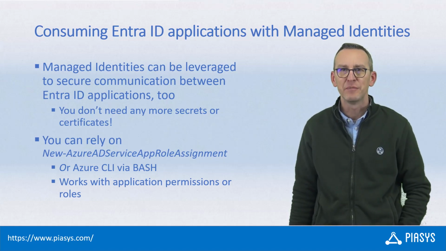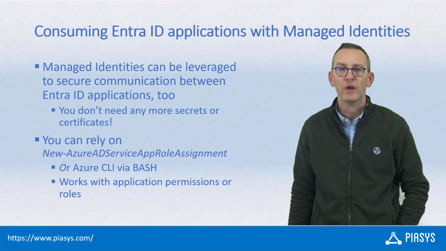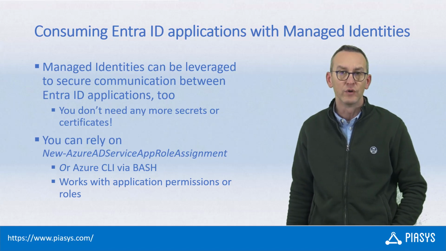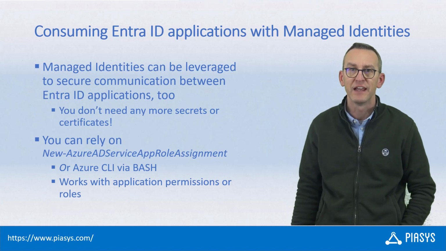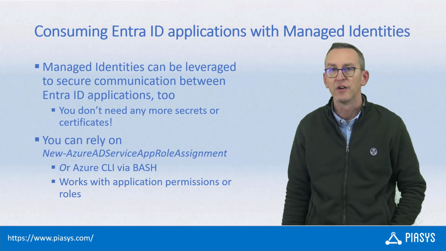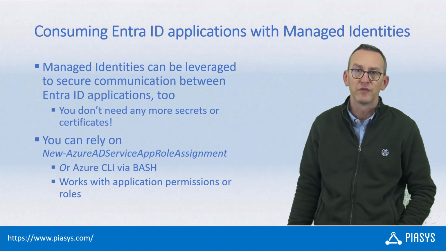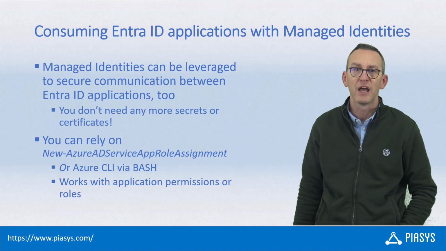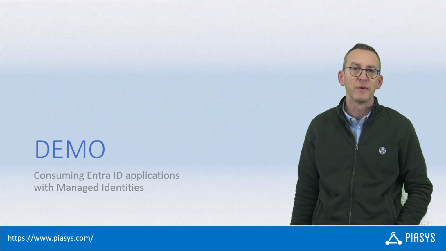This is the final episode of this series about managed identities. And today I want to show you how you can rely on managed identities to consume a custom API of your own, registered in Azure Entra ID and secured with open authorization. In fact, you can easily do that by granting permissions to a managed identity, whether it is a user-assigned or a system-assigned one, and make it possible for your consumers as resources in Azure to consume a target API of your own securely. So, like always, let me switch to the demo environment and let me show you how you